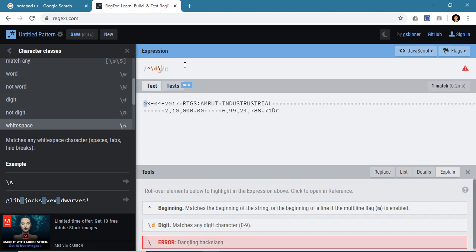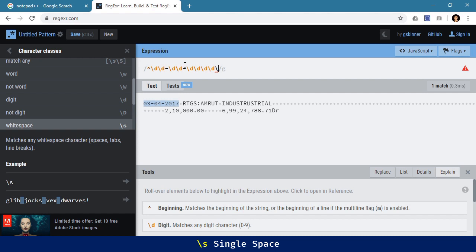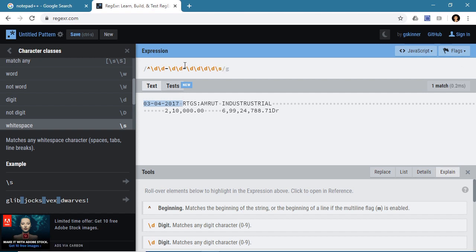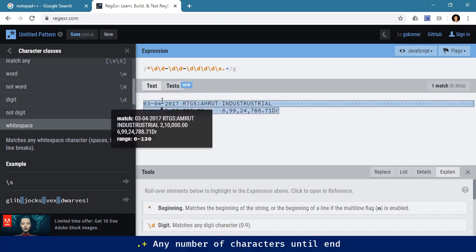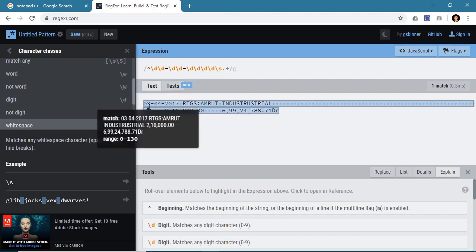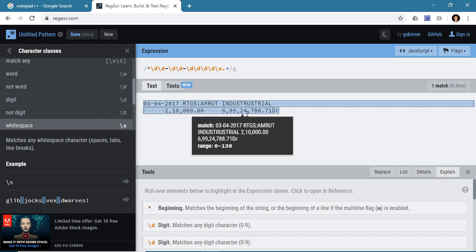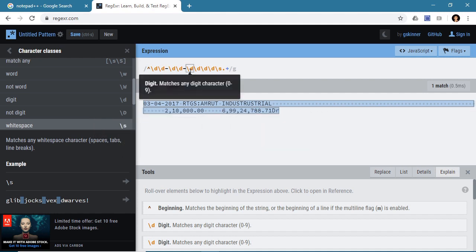So two digits, dash, again two digits, dash, four digits, then one space. \s stands for a single space, and after that followed by any characters, that means .+. As you can see, our row got selected. So this is the pattern for extracting the transaction row.